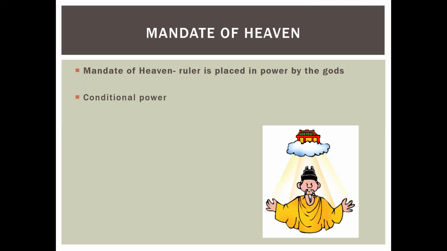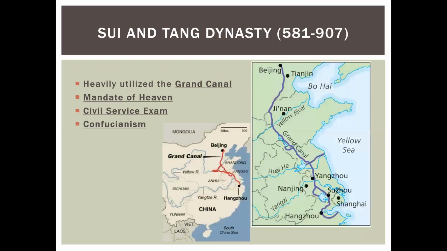So things that might indicate to an emperor that he's not doing a good job in China could be a famine, natural disasters, earthquakes, constant warfare. And when these things happen, then it's a signal to the people that maybe the emperor needs to be changed out. And so we start to see new dynasties emerge when natural disasters and war and famine occur. But that's the basic idea of the mandate of heaven. And all of the empires in China, all of the dynasties use the mandate of heaven.